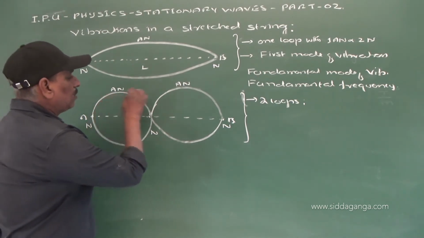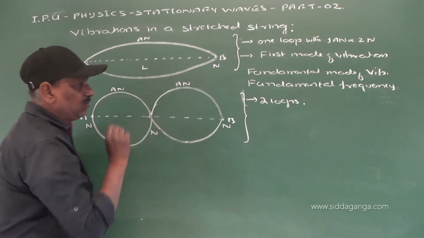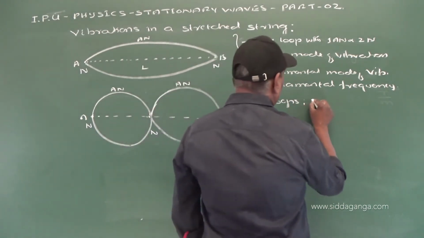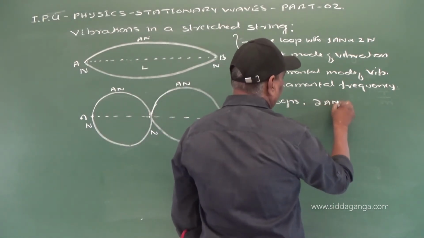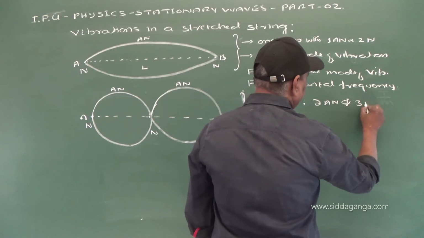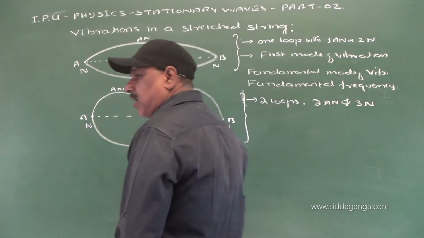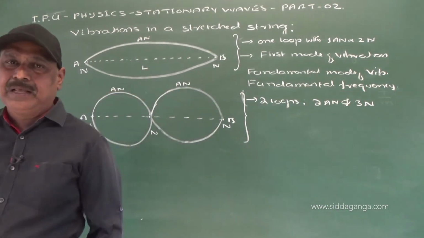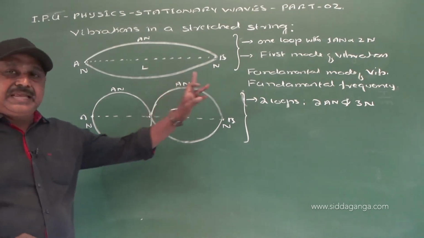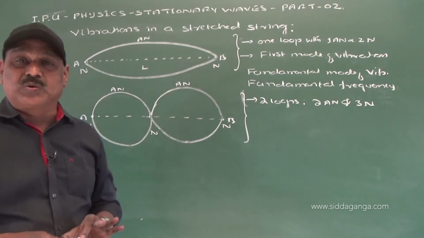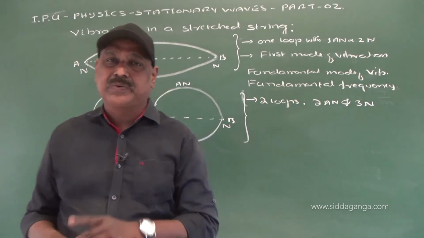Here we have two antinodes and three nodes. Here two antinodes and three nodes are formed. Right. Now there is an increase in the number of nodes and number of antinodes. Now we see